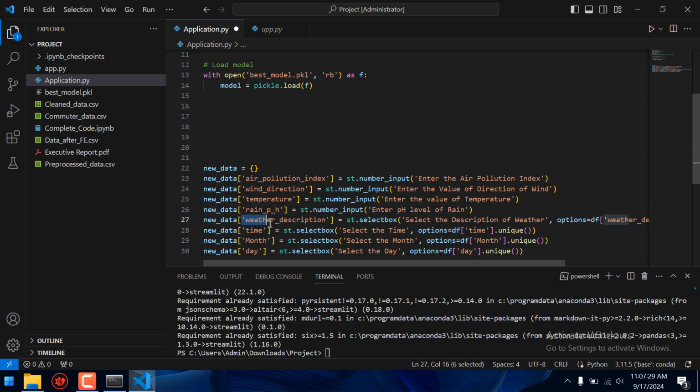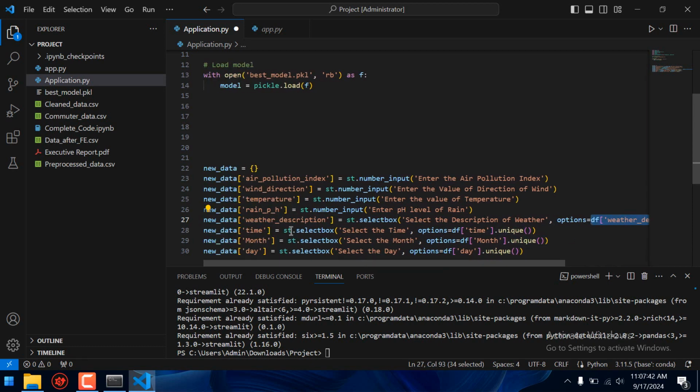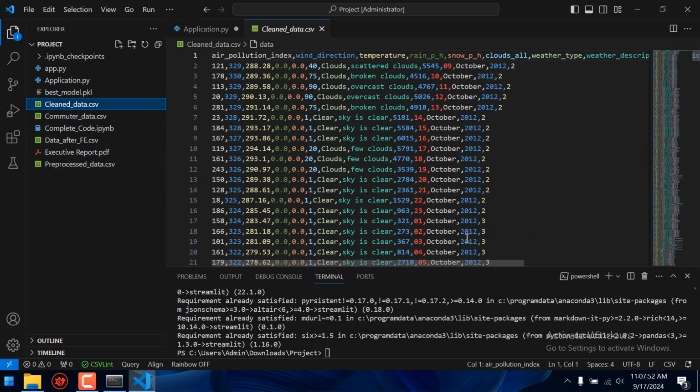Now there is a weather description. What to do for the weather description? I told it to take all the unique values found in the DF data frame for the weather description and store them in the weather description. Where is the weather description? It will be found in my clean data.